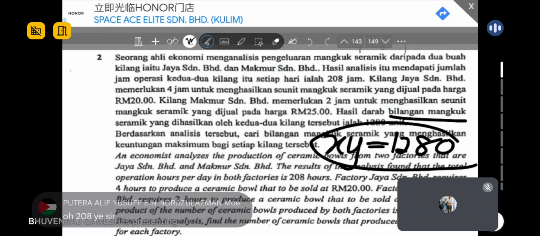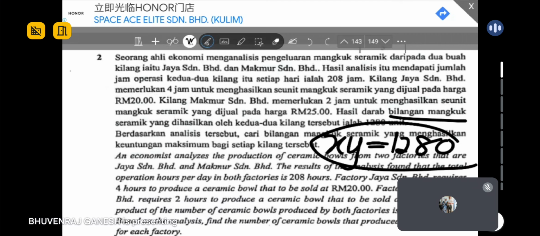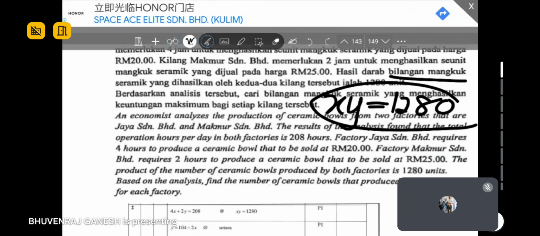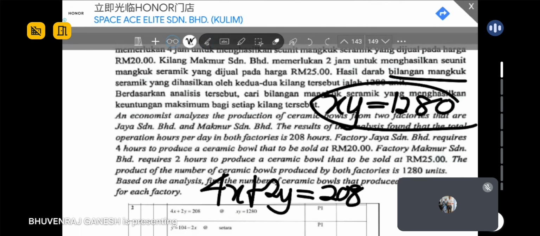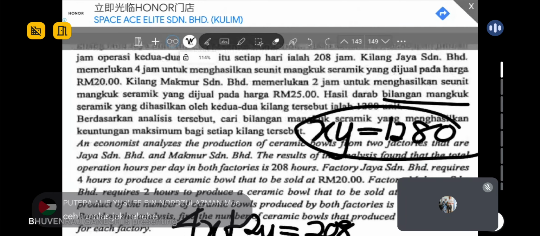Come on, guys. More people. Cuba. Apa persamaan pertama? Yes. Okay, Putra dah betul. Okay, guys. The answer is actually 4x. Wait, I write here. 4x plus 2y equals to 208. Do you all know, guys, how to get this? Macam mana dapat yang ni? Okay, so you refer over